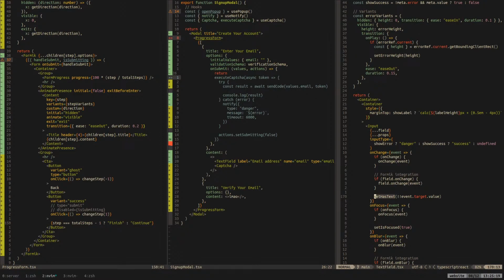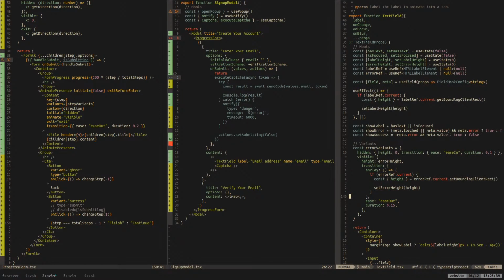Now, let me see. It's only on change. But what we should do is, we should have a ref connected to this, I think, plus a use effect.